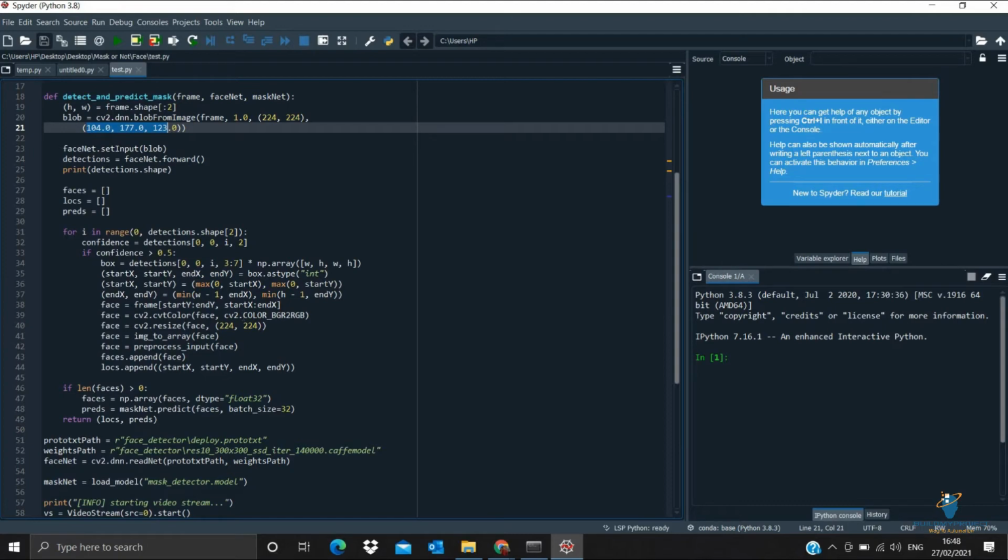While you are feeding the image to your system, you try to rescale into grayscale. And afterwards, while getting the output, you will get the output in the colorful format. So with the help of cv2 dot resize, we are just trying to resize and fit your face in that particular frame.